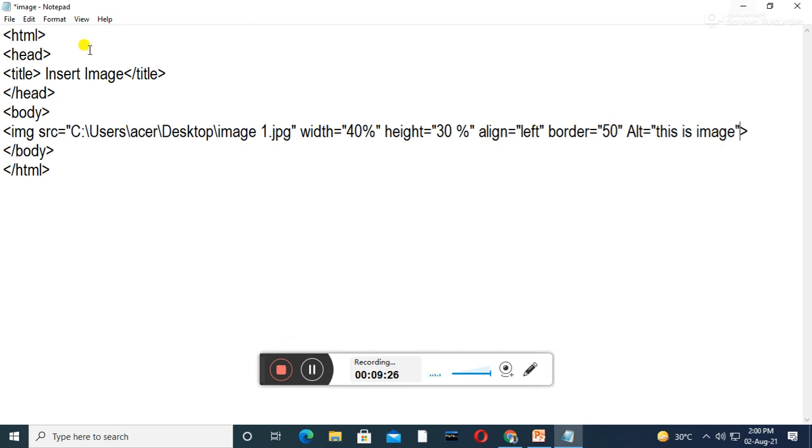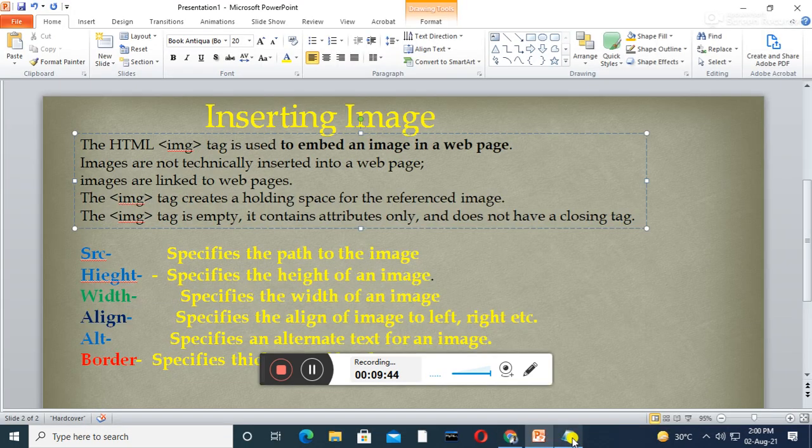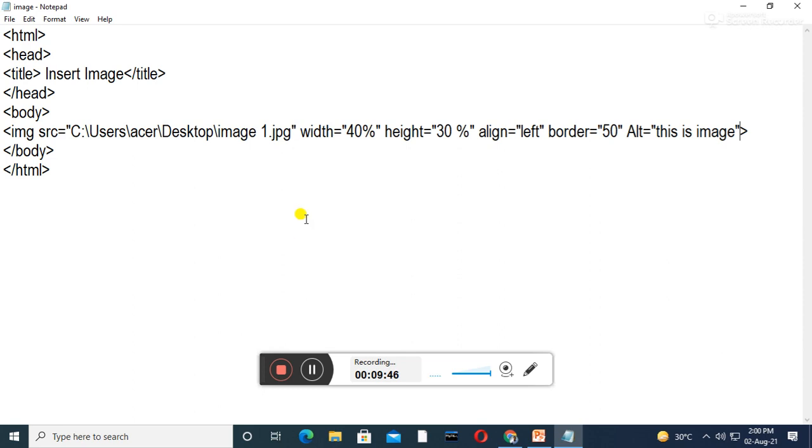Whatever you want you can write here as alternate text. The alternate text appears if the image is not appearing. So this is the usage of all the attributes and the tag. Whatever I have explained today in the live class, everything I have explained here.